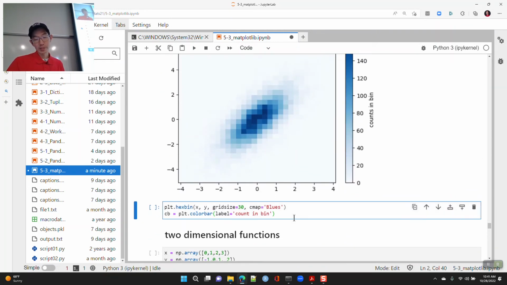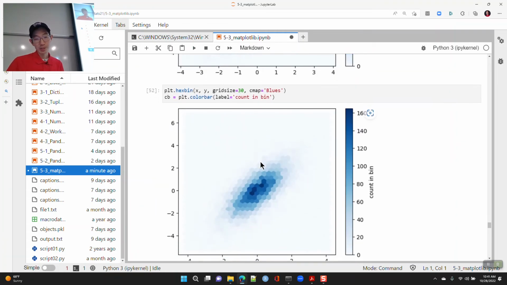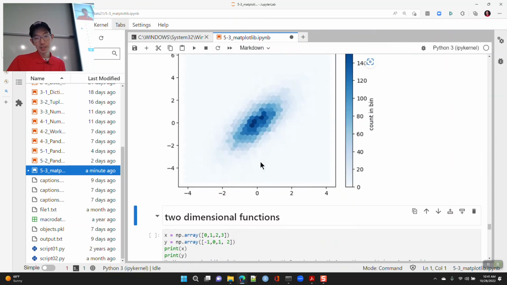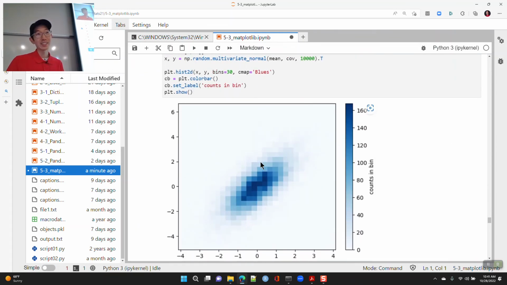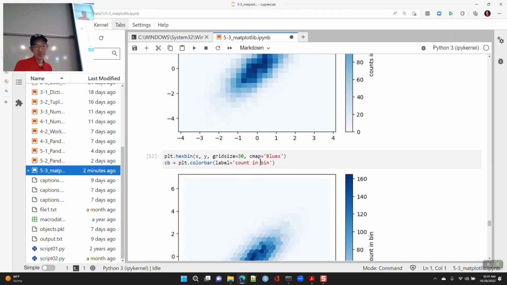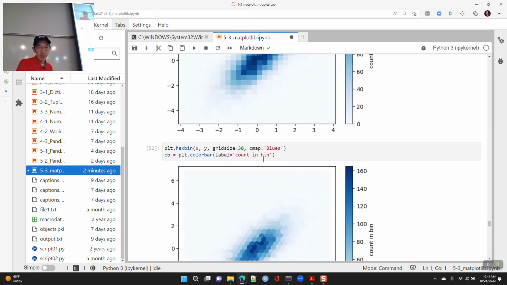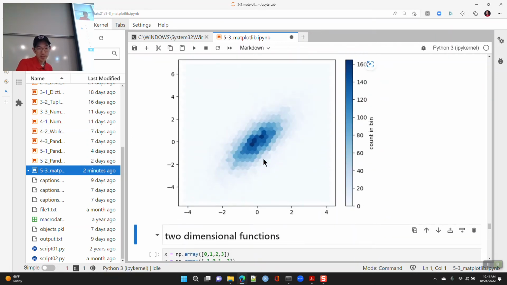And then you have other similar things. Here's hexbin, which looks kind of cool. It looks like it's kind of just blurry, right? But yeah, more points are darker or something like that.